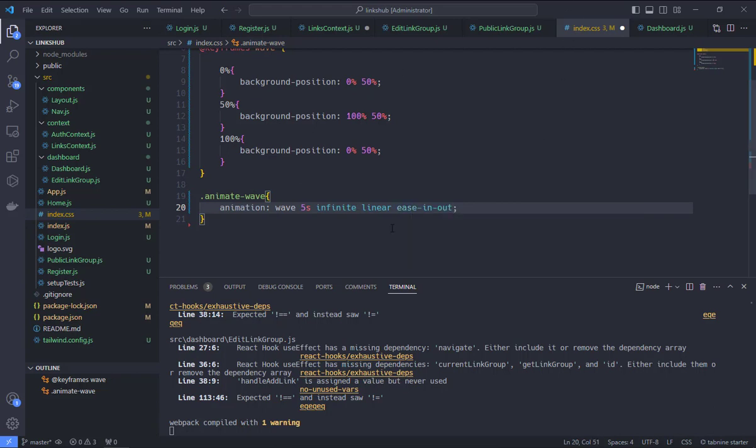Is not okay. So one more thing, we need a container. So let's add